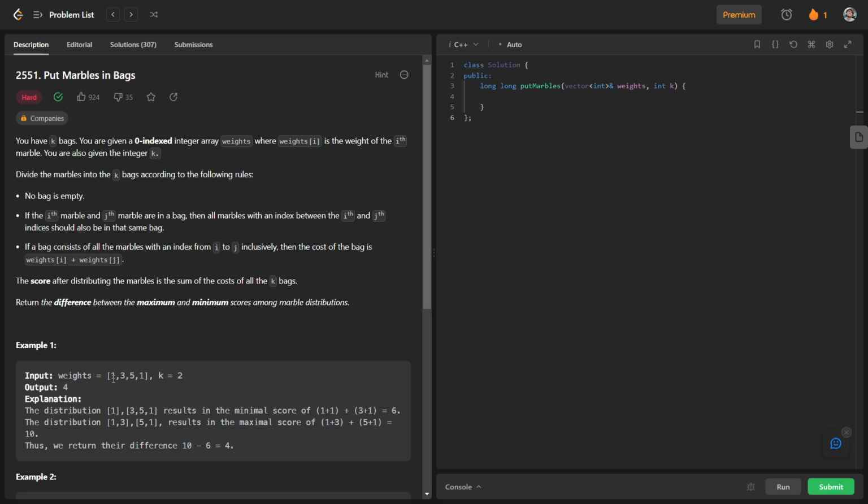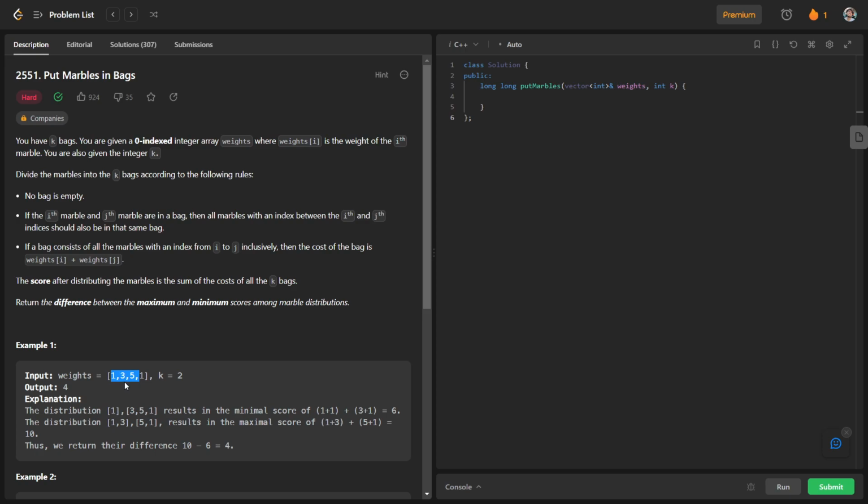So if I have chosen the 0th marble and the second marble for a bag, I have to choose all marbles from 0 to 2 in the same bag. So basically what does it mean? We have to store all those marbles which are in a consecutive subarray in the same bag.